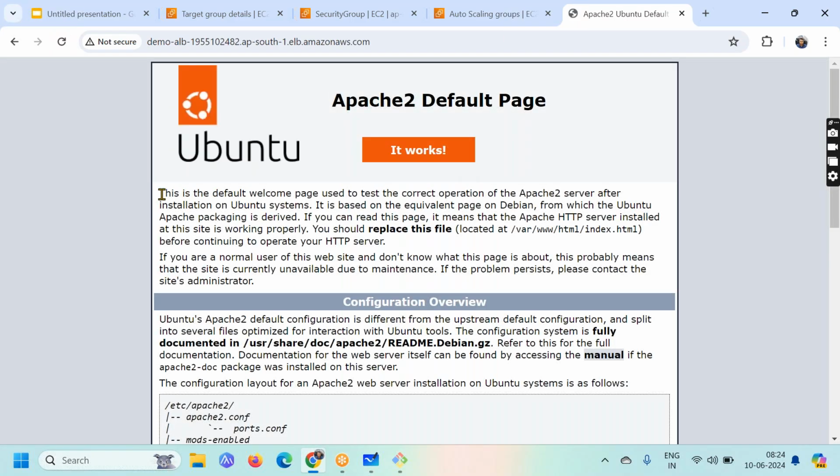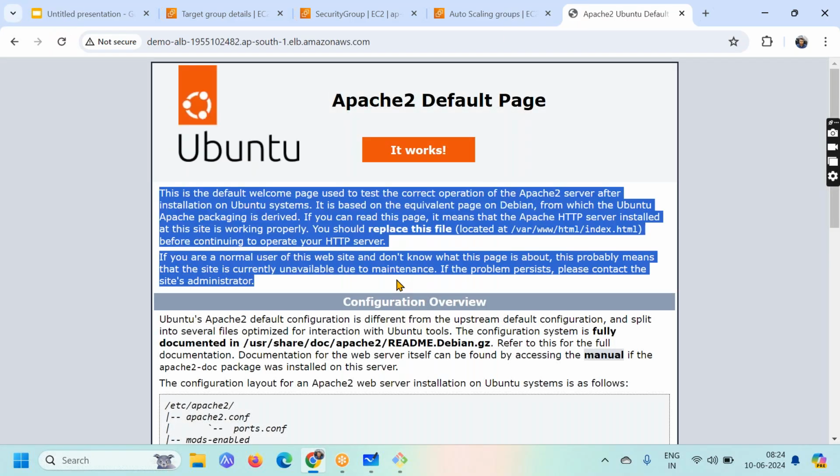Yes, here we go. So you can see within your application or EC2 server, you have these two machines, and there we have this web application, which is Apache. Apache is right now running, and it is a test page, which is just showing to you. So this is the way that we have set up the load balancer with the ASG, and everything here is